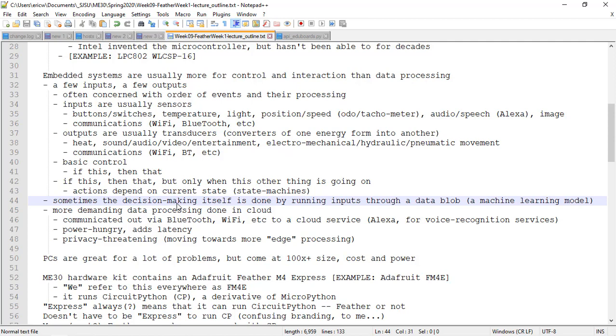So point being here is that sometimes an embedded system is just a vehicle for shuttling data to a service that's running somewhere else that then sends information about what the microcontroller's output should be. One of those things you can imagine, if you never come home at 11:15 in the morning, then your Nest thermostat knows that, hey, listen, this is a very unusual event, and I should maybe beep a little noise on the Nest so that you know that you have to come over and maybe type in a key code